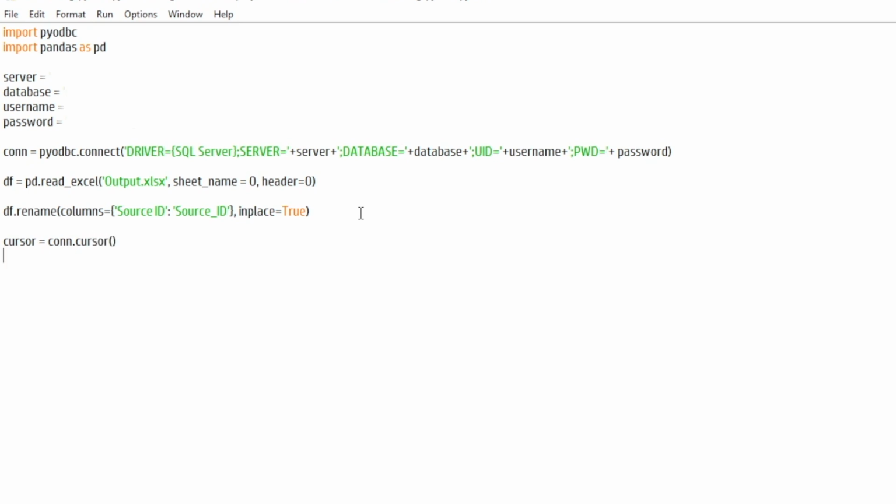Just like Microsoft SQL Server, cursor is very slow. So to speed up our cursor, we use fast_executemany equal to true. So when you write a statement in Python, let's say an insert statement, there's 5 rows. It's actually creating 5 separate insert statements and sending them to SQL, hence the slowness. So we're going to go through a loop for row in dataframe.iterrows